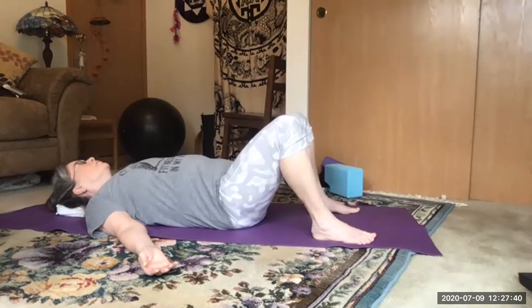center of your throat, spiritual heart center, right side of your chest, heart center, left side of your chest, heart center, navel center, center of your pelvis, right hip, knee, ankle, right big toe, second toe, third toe, fourth toe, fifth toe, right ankle, knee, hip, center of your pelvis, left hip, knee, ankle, left big toe, second toe, third toe, fourth toe, fifth toe, left ankle, knee, hip, center of your pelvis, navel